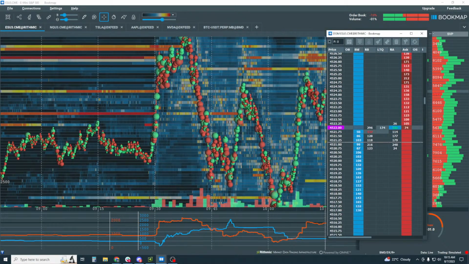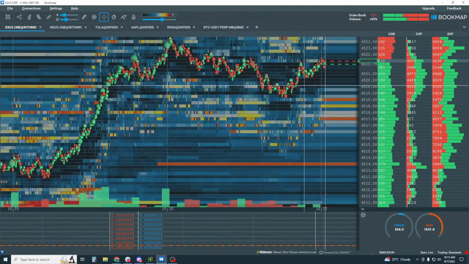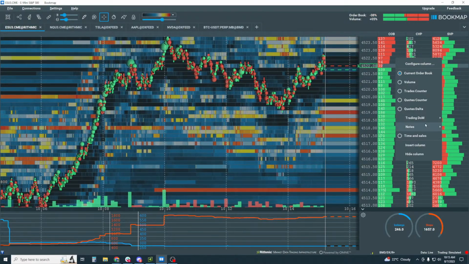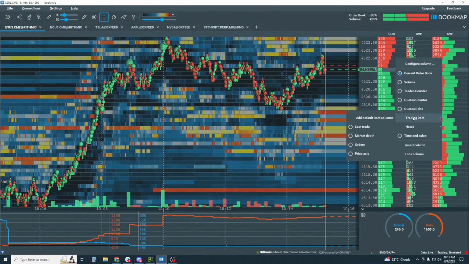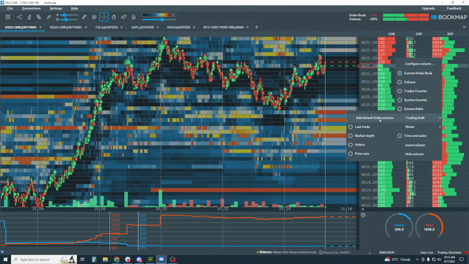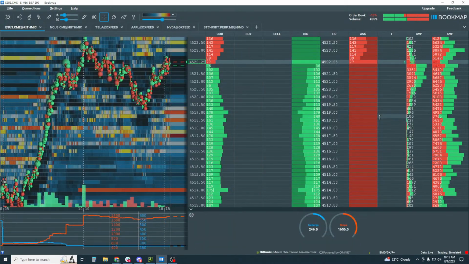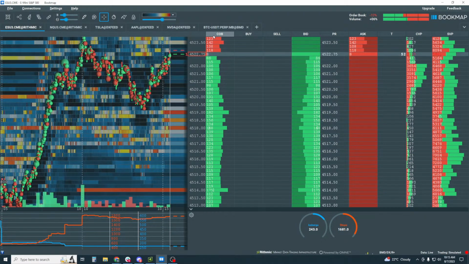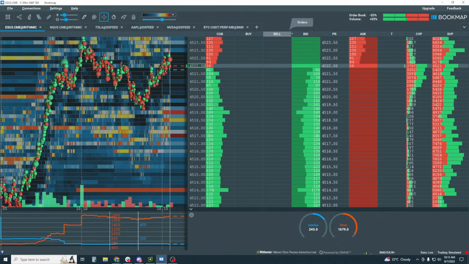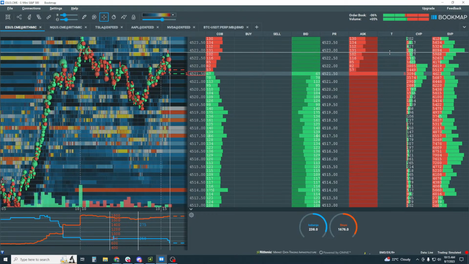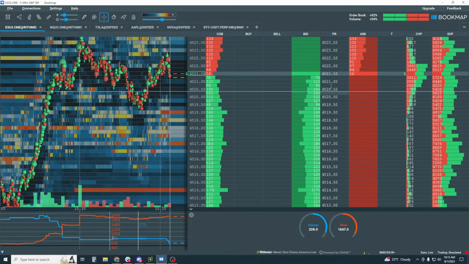What I wanted to mention here about this was that if you want to line up the heat map with the dome, you can do so in the columns. You have to right click in here, and you can go to basically a trading dome here, and then we can add this in, just the default dome in the columns here. Okay, and you can see all my other columns are still in here, but I have this one. These are all new, on down to last trade. All right, so anyway, and fully functional in here.